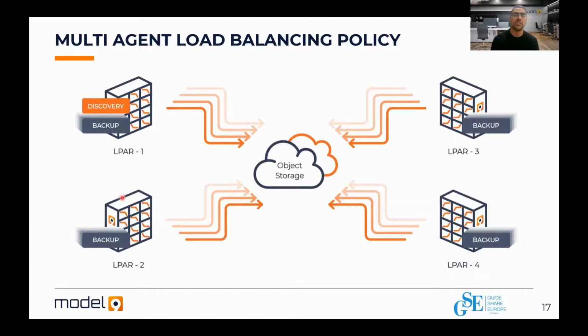So if you have a sysplex running on multiple CECs, you can scale out and utilize resources from both your mainframes and different LPARs. Everything from scaling up using more memory, more OSA cards, more zIIP engines can be used by Model 9, but even adding more and more mainframes is also increasing the resources Model 9 can use. Obviously each one of these mainframes is using multiple streams, pushing multiple backups in parallel to the cloud, allowing us to get very high throughputs.